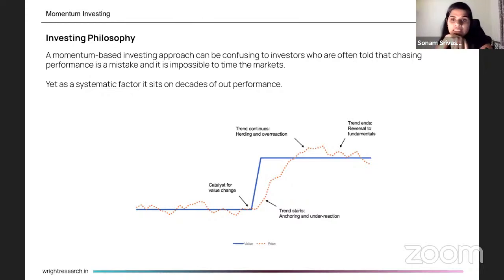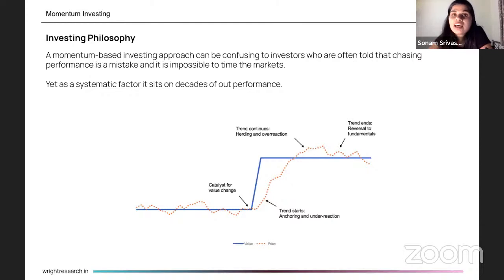Now, the explanation for that is that markets actually do not follow the value trend. What happens is that sometimes an earning comes and we can see that this stock has given good earning, these numbers look good. But not all investors will start buying that stock immediately. Until investors form a consensus, when there's a consensus and a lot of people are buying it, right? When there are a sufficient number of buyers, only then does the stock price appreciate. Stock prices are defined by supply and demand, right?